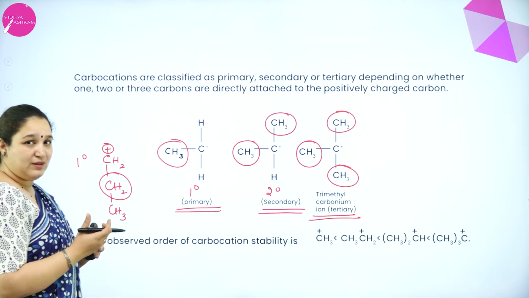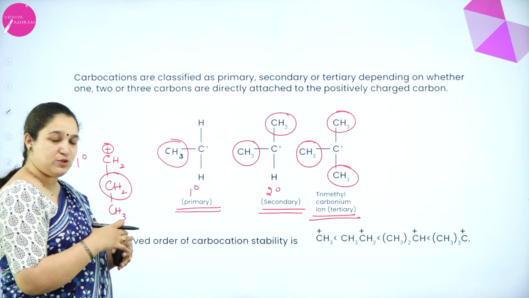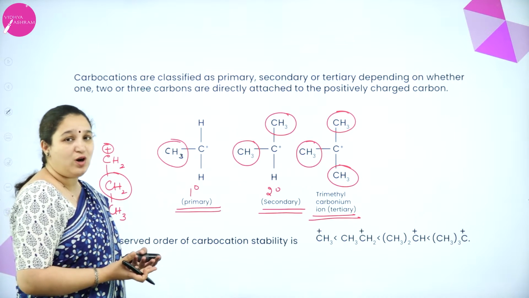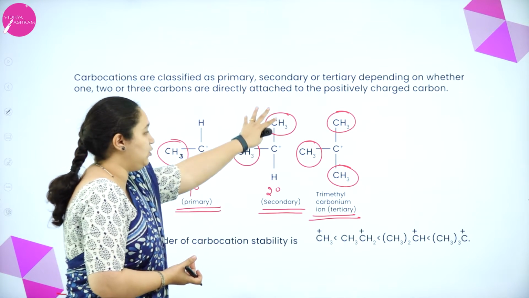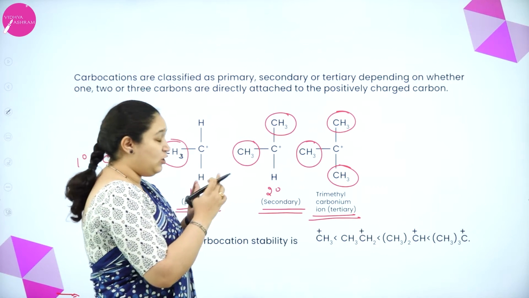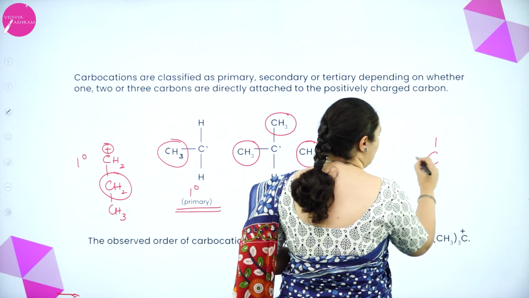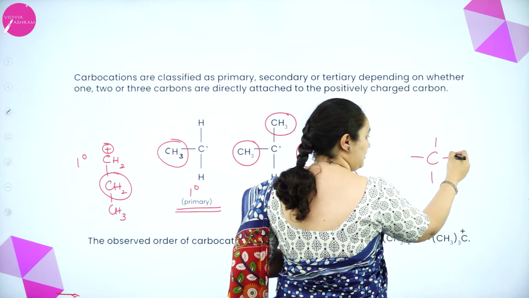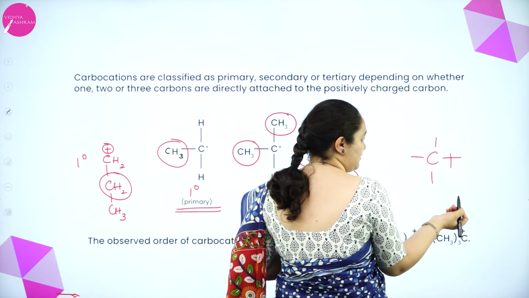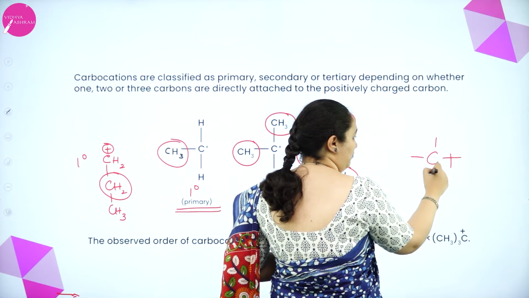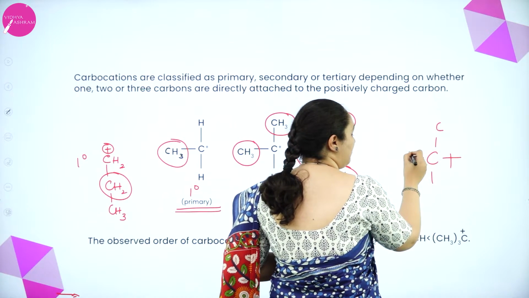Okay. Don't think that always the carbon neighbor should be a CH3 group itself. Not necessary. This can be any alkyl group. But you have to see the 4 bonds. Now carbon can form 4 bonds, isn't it? 1, 2, 3, 4. So one bond, this electron it is lost, so it has got the positive charge. Now the other 3 bonds, here there is a carbon neighbor, some group.